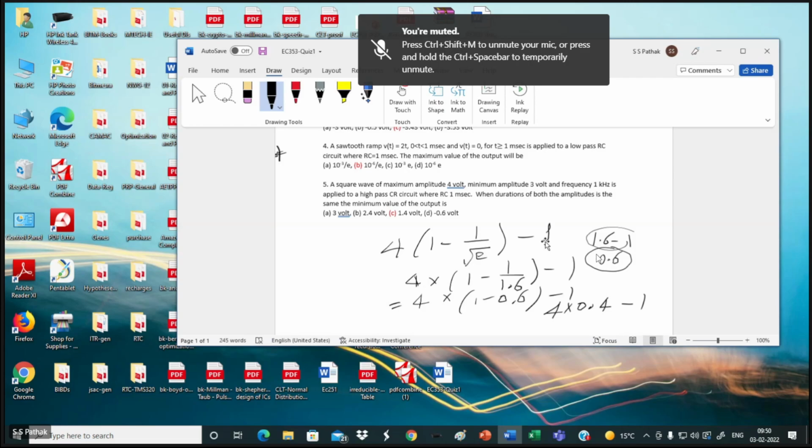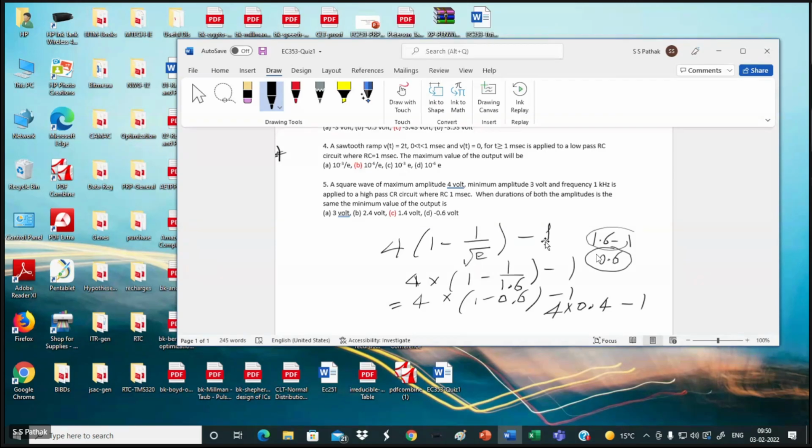Where is the doubt? I don't know. See, if you want that kind of question, with that exact same tick mark being the correct answer, then you go by the choice also. I know that. Here I asked you to calculate that value and then find which is coming nearest to that.